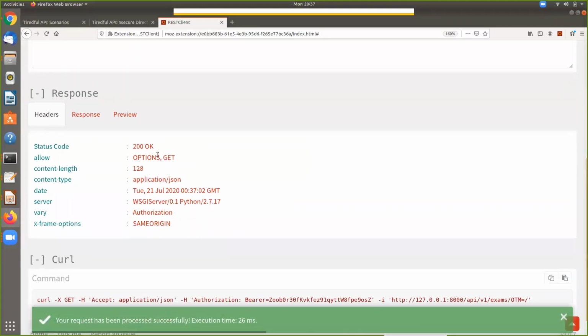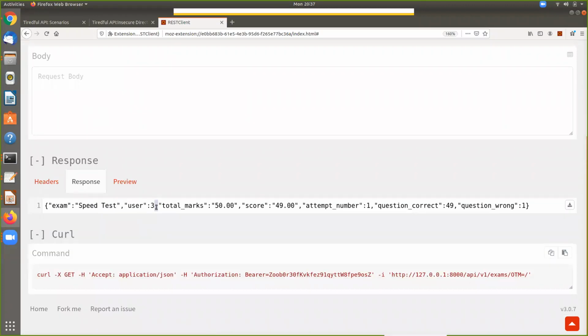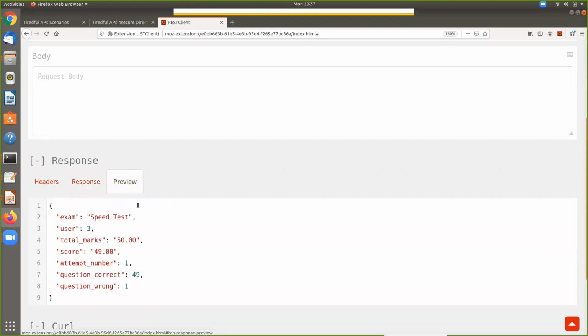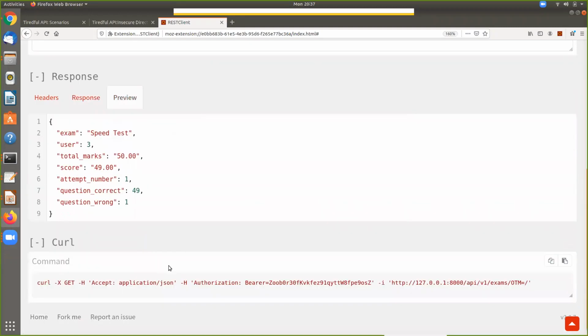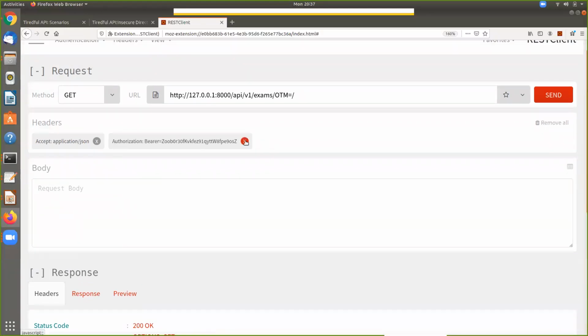We come back in again, to our HTTP status code. These get to be really important, as I've been talking about. We look at the response we get. Now it's a speed test, but more importantly, it's for user 3. Again, this is stuff we shouldn't have access to. We shouldn't be able to see any other user other than our own. So that's part of the problem with insecure direct object reference, it's allowing us to get to things that we really shouldn't be able to get to.